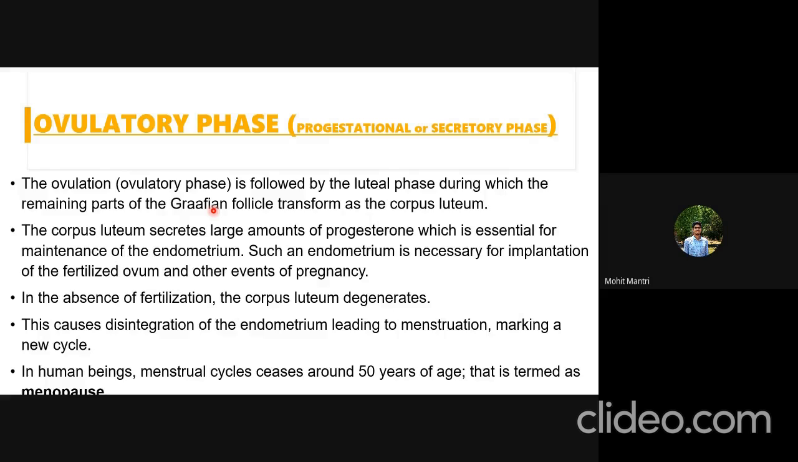But if the ovum is not fertilized, then the corpus luteum, which was secreting estrogen and progesterone, will degenerate. This will lead to a decrease in the level of estrogen and progesterone. Because of the loss of this hormonal stimulation, the wall of the endometrium, which was prepared for the implantation of the ovum, will undergo necrosis, and so disintegration of the endometrium will take place, and all the superficial layer of the endometrium will get desquamated,